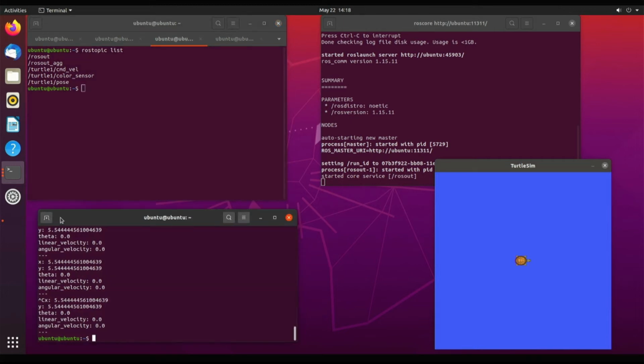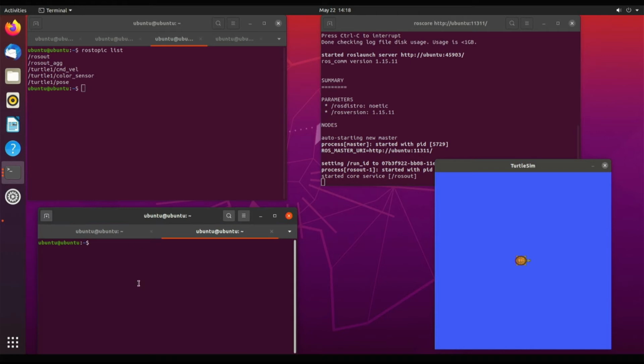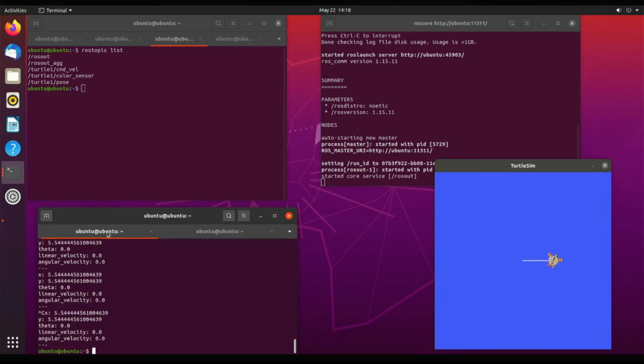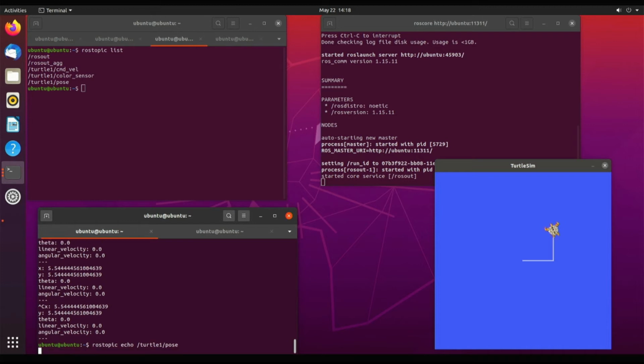Now I'm going to run the draw_square node, which is already available in the package. Now type the following command: rosrun turtlesim draw_square. Once the node started, as you can see, now the turtle is moving in a square path. Now execute the rostopic echo command again.